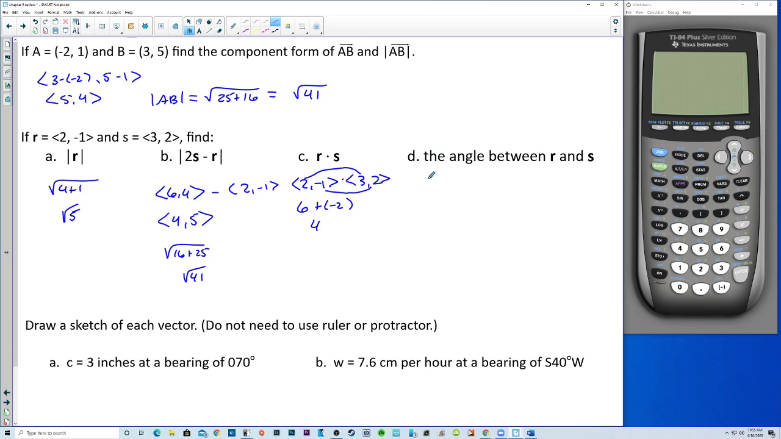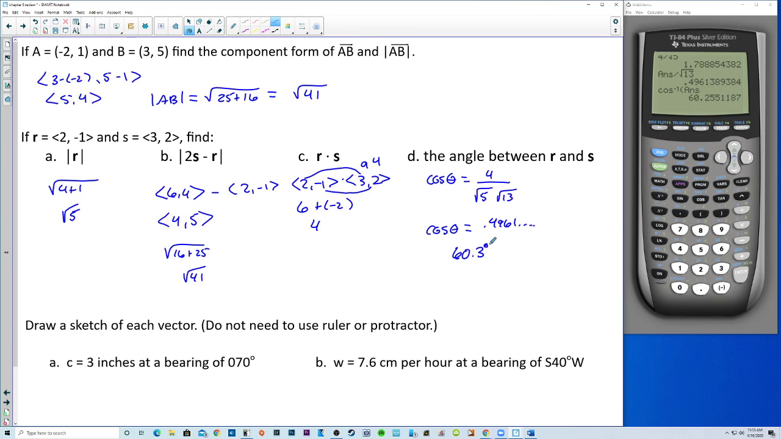How about the angle between r and s? The cosine of the angle is the dot product. We already figured that out. That's 4 over the magnitude of r, which is square root of 5, times the magnitude of s, where we have 9 and 4, that's 13. Let's go to the calculator. 4 divided by square root of 5 and divided by square root of 13. So that's between negative 1 and 1. That's good. Cosine of theta is 0.4961. Keep on going. We'll take the inverse cosine of the answer, and that's about